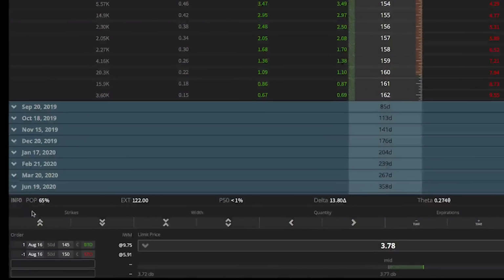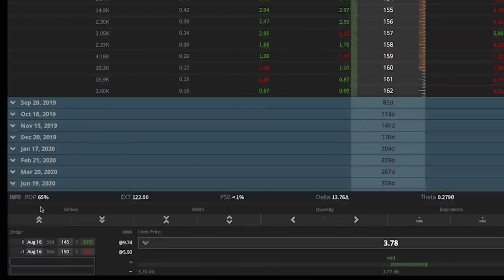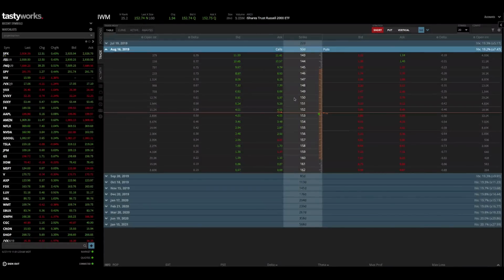And if we look to the bottom left here, this probability of profit of 65% means that if I hold the trade through expiration, there's an estimated 65% probability that I will have at least a 1 penny profit on this position. The second debit spread setup I'm going to show you is buying an in-the-money option and selling an